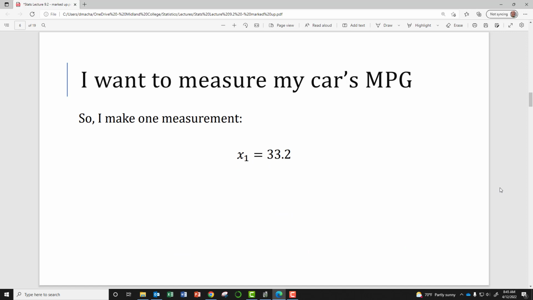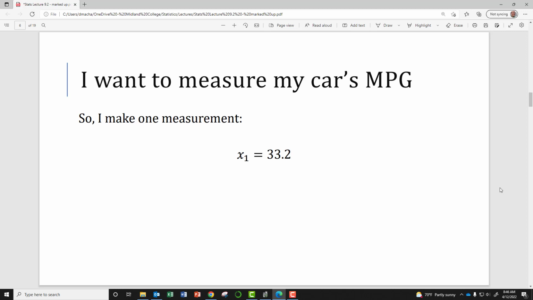Here's an example. Suppose I want to measure my car's miles per gallon. So I take one measurement. Probably what I'm going to do is fill up my tank with gas. I will reset my odometer. I'm going to drive in the city or on the highway, it doesn't really matter, until I'm completely out of gas and I need to refill. So I'll go back to the same gas pump. I'm going to refill my car's gas tank all the way back up to the top. I look to see how many gallons of gas I just bought to refill my gas tank,